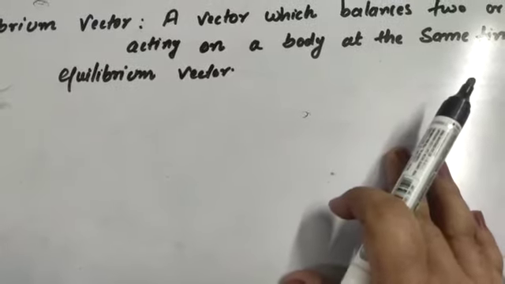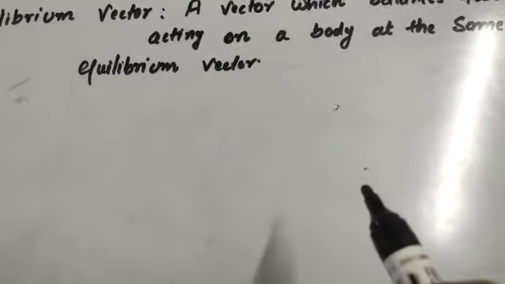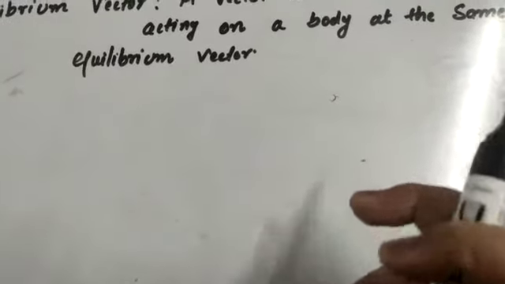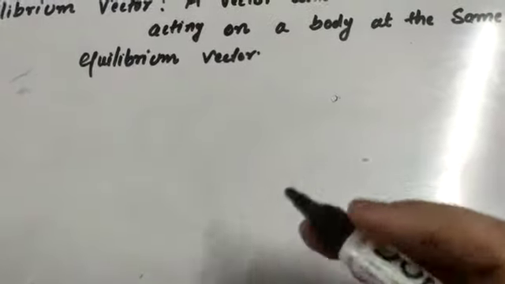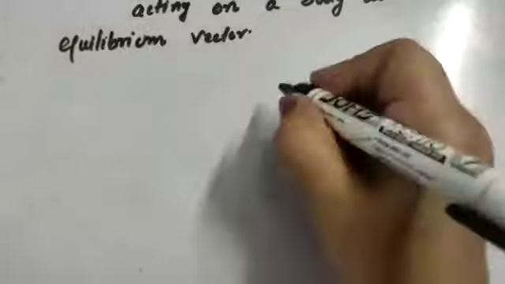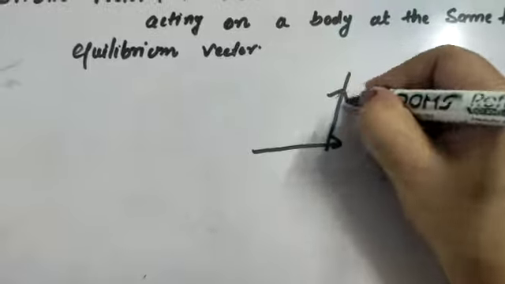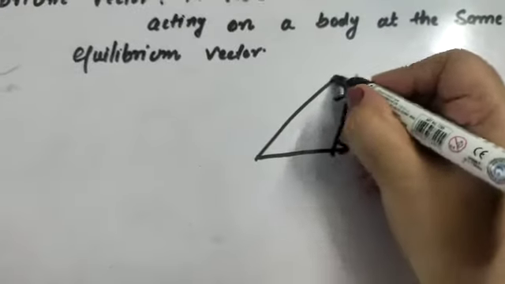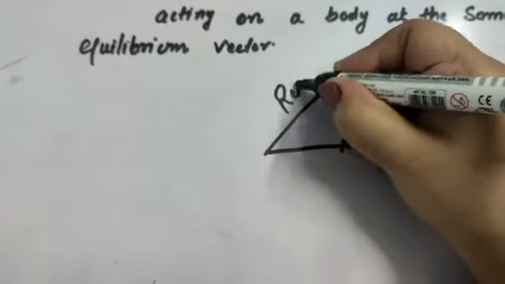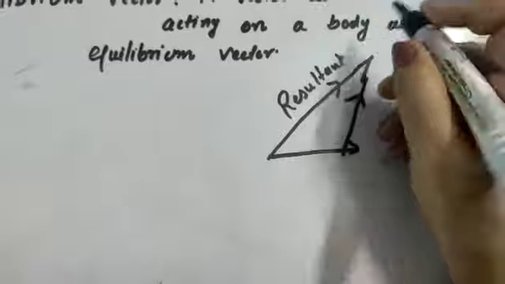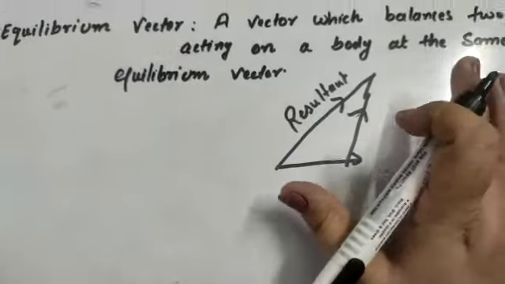Now in the triangle law of vector addition or the parallelogram law of vector addition, we have studied that there is a vector called the resultant vector which produces the same effect as is produced by the two vectors, right? Suppose these are two vectors represented by two sides of a triangle, and this is the third vector in opposite order, which is known as the resultant vector. This resultant vector produces the same effect as these two vectors, as I have already explained in my previous videos.